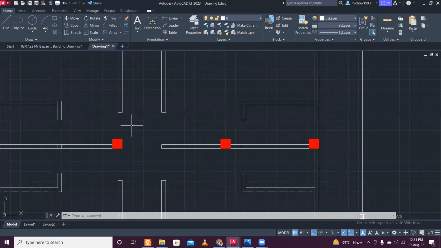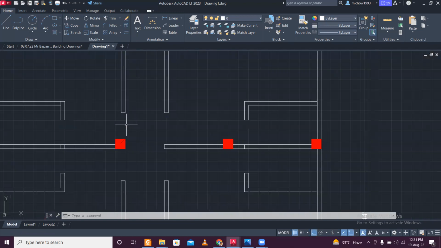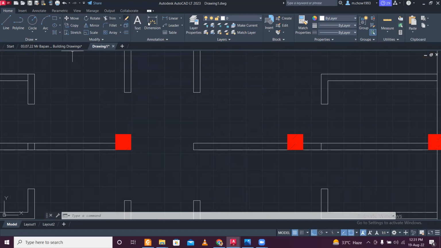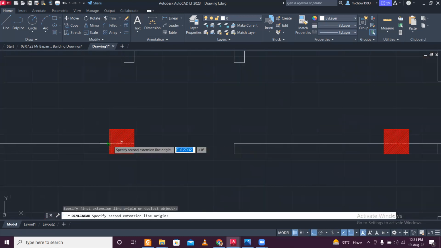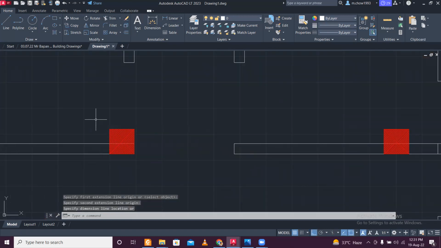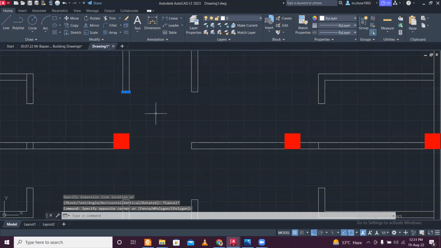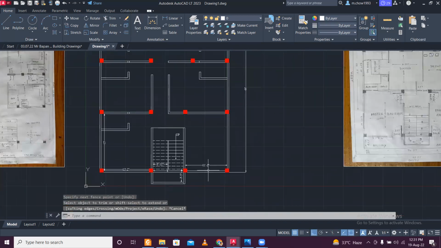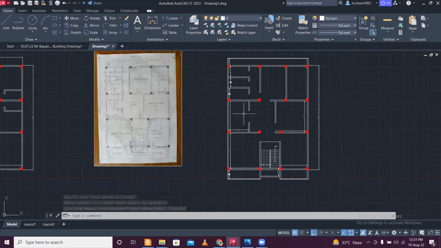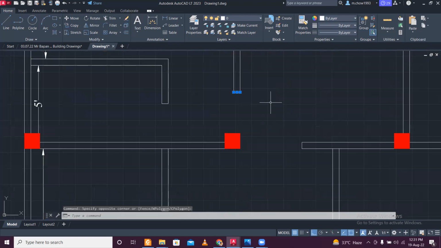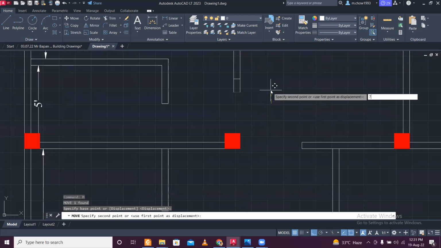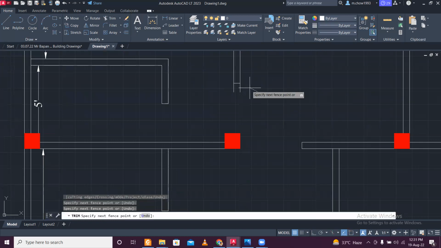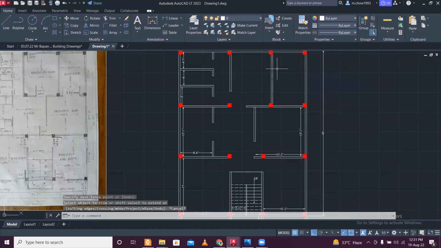As you can see, this spacing needs to be changed. You can see how much space the column has taken. 7-inch space the column has taken. So just move this by 7 inches and then trim it. And remaining, this doesn't affect this also. Just move it by 7 inches and then trim it. And